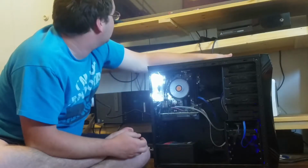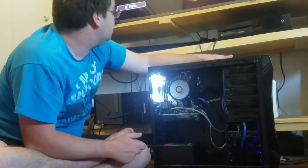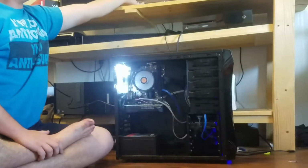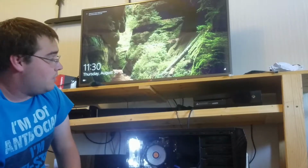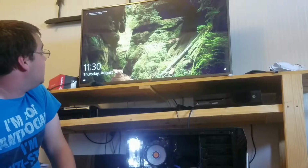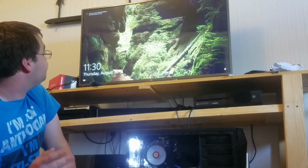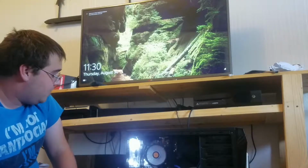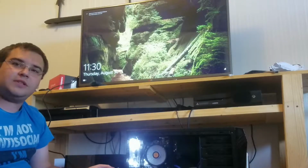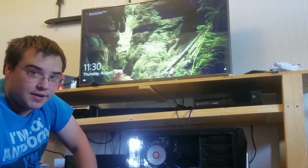Now, the question is, does it turn on? Well, the answer is yes. And does the motherboard actually work? We go to input list on the TV. So if you look up at the screen, it does work. I've already got Windows 10 booted. I've also got everything set up on here. So I was really happy this motherboard works, because that would have been a very big pain if it didn't,